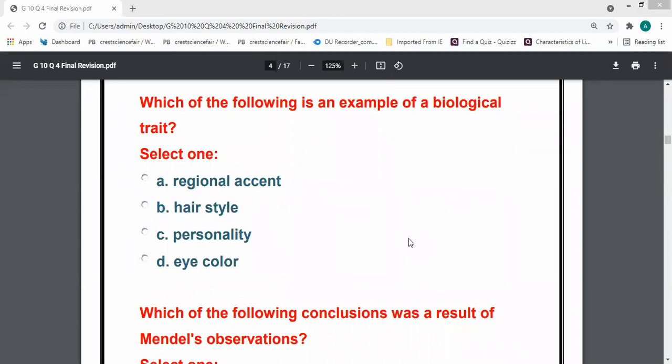Can you answer this question, please? Example about biological trait. Biological trait means trait inherited from parents to offsprings. You take from your parents regional accent or hairstyle or personality or eye color. I think personality. You take your personality